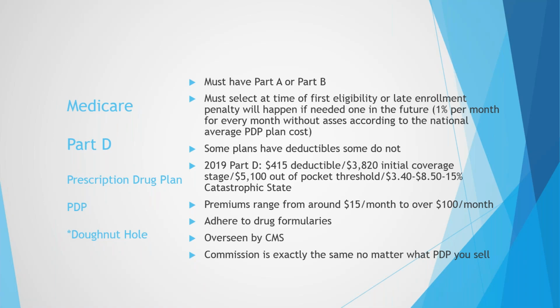So if they go with original Medicare, they're going to have to pick up a prescription drug plan. If they're not on any drugs and they don't take one, down the road, if they ever pick one up, they're going to be penalized 1% a month for every month they didn't have it. Secondly, if they didn't pick up a prescription drug plan, and in the middle of the year they get prescribed something extremely expensive, they can't get one.